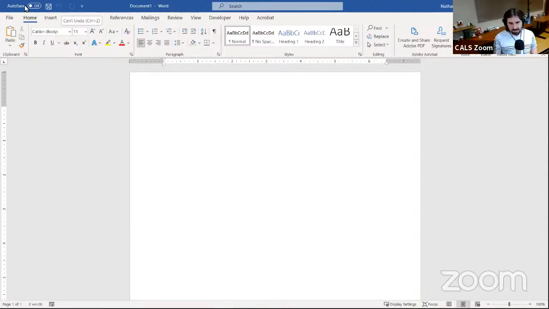In the very top left here is this autosave switch right here. And if you're working on a document that's stored online in one of Microsoft's online services, so either Microsoft OneDrive or Microsoft SharePoint, which some folks use for work, if you have your document stored online in one of those places, then this autosave function will usually turn on by default, and Word will just save your work as you go along, which is nice because